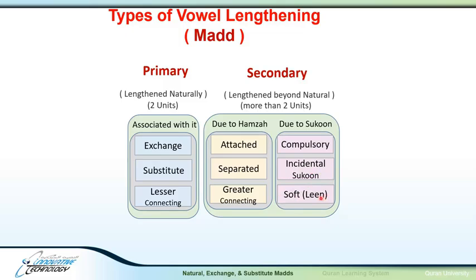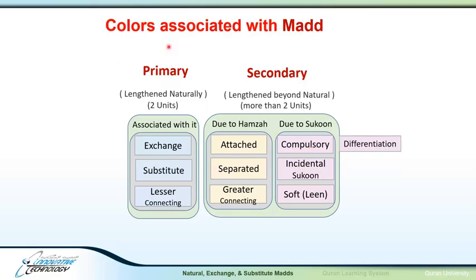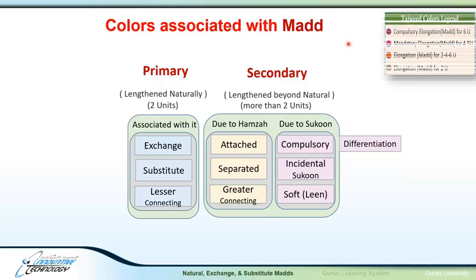So we've learned that there are 9 types of mad, and we learned also that some scholars would also add a 10th type. They call it the differentiation mad, while other scholars consider this type as a subdivision of the compulsory mad. So they are either 9 or 10 in total. And in the introduction of mad, we also talked about the colors association for the different types of mad, and we said that there are 4 colors given to the mad among the 8 colors used in Tajweed color legend